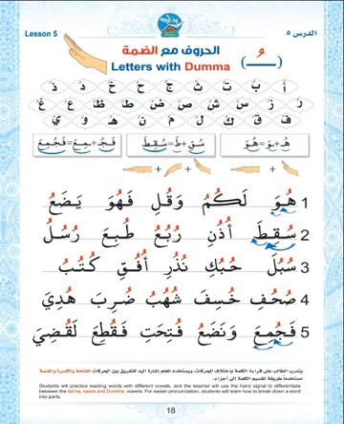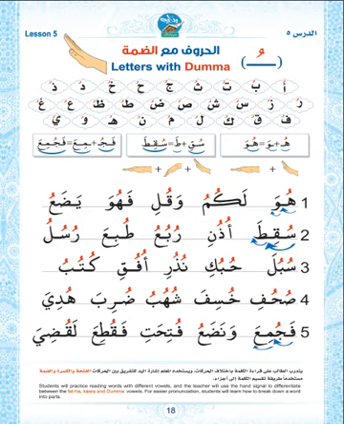Today we are discussing lesson 5, which is letters with Dhamma. The objective of today's lesson is for the student to memorize the sound and shape of the Dhamma, and also the fact that it's on top of the letter. We reviewed the Fatha, which is also on top, and the Kasra, which is underneath. And today's lesson discusses the Dhamma.